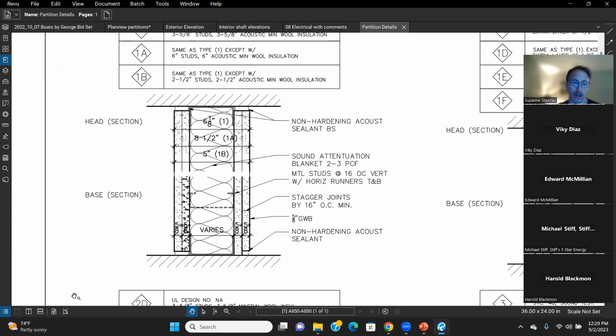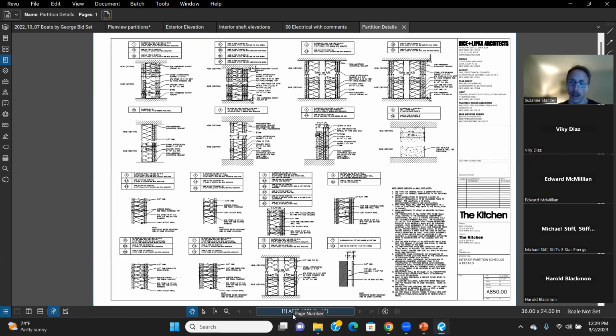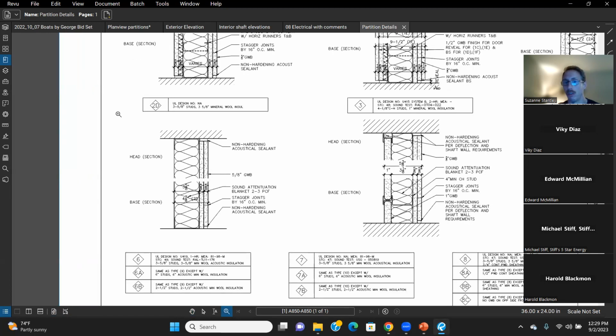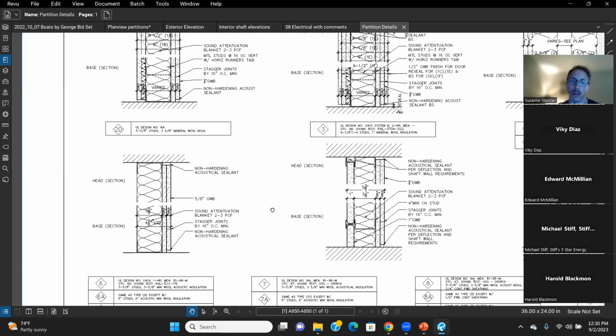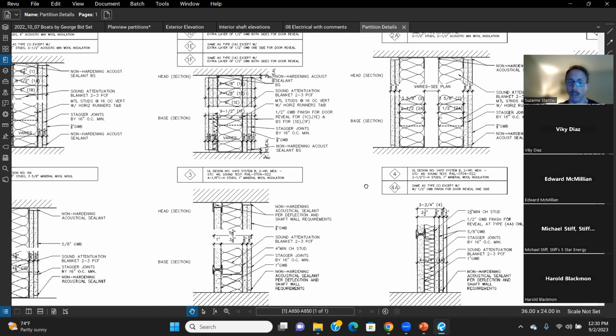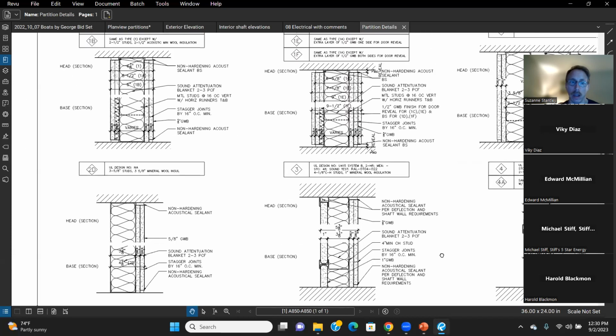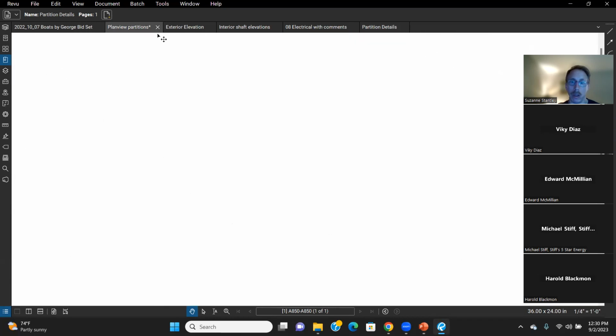This is a relatively complicated one, I guess, with a lot of different partition types. There seem to be a lot of different partition types, but they all do look like this. It's giving you the thickness, it's giving you the insulation requirements. This one has sound attenuation, and those are all going to be